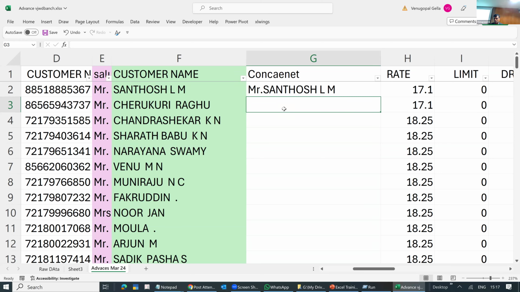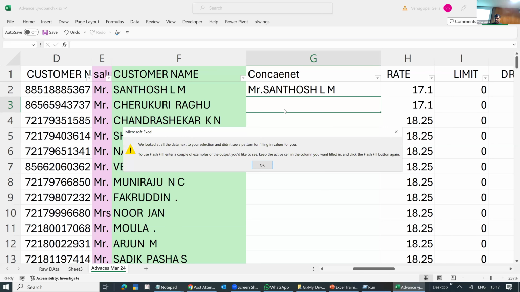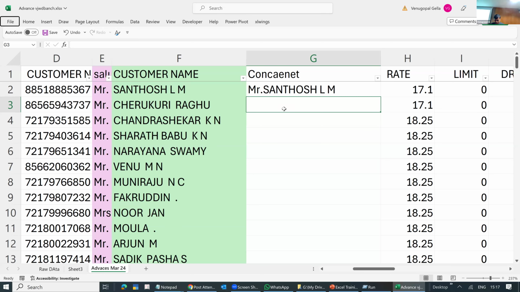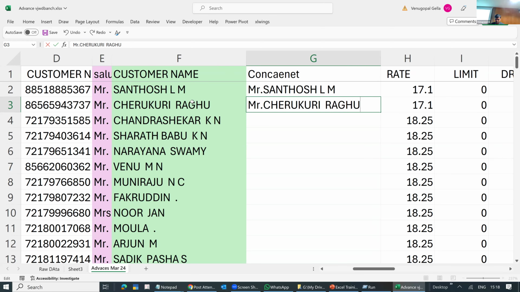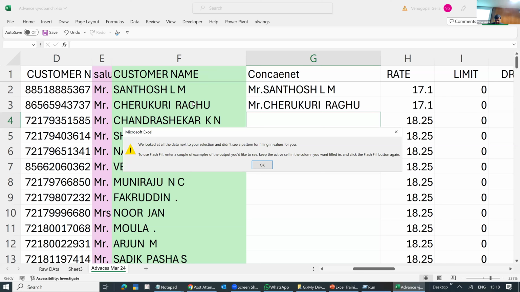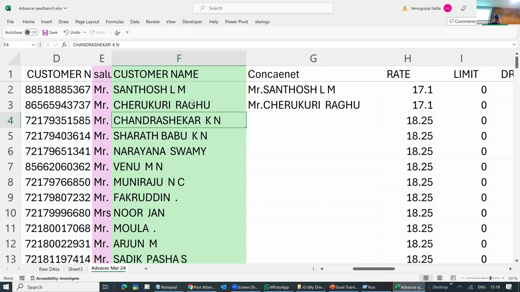Come here and press Control E. Automatically it will start filling. It says it is unable to fill. Ideally it should.